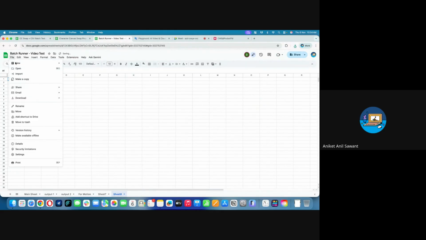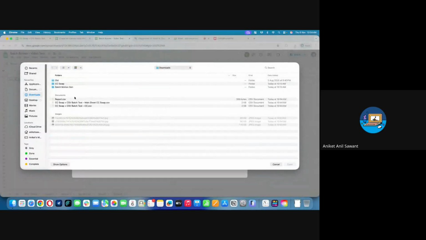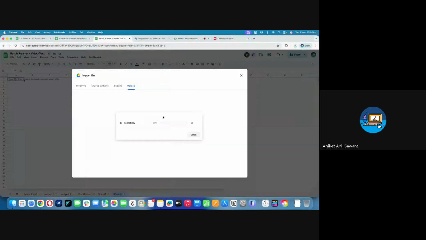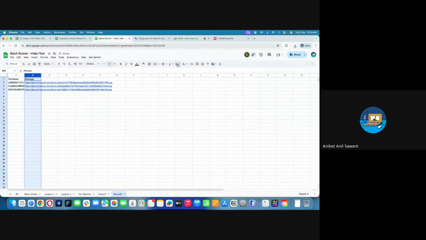Once you get a CSV, what you could do is create another tab and import it. Just give me a second. Yeah, and then you'll get these CMS links. So if you preview them, you'll be able to see that these images have successfully been